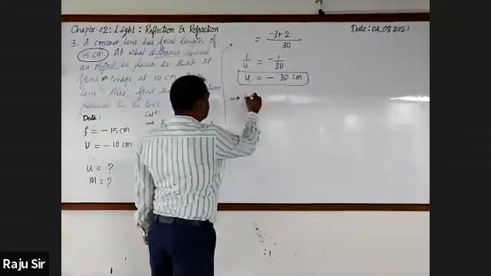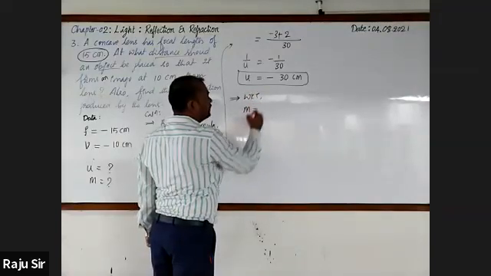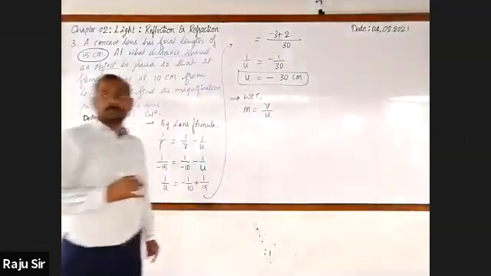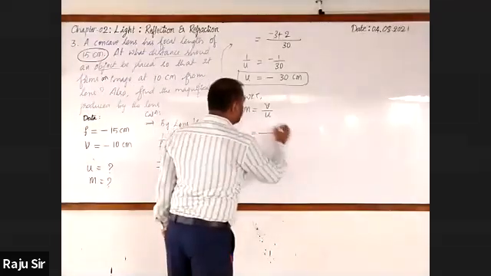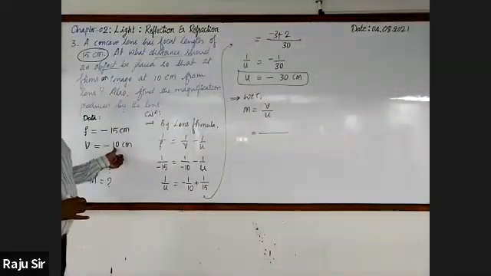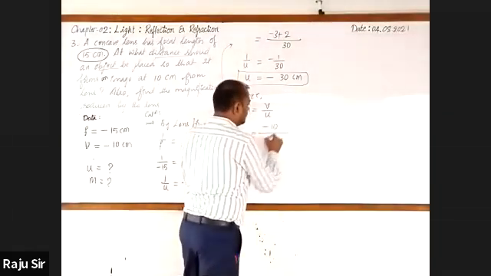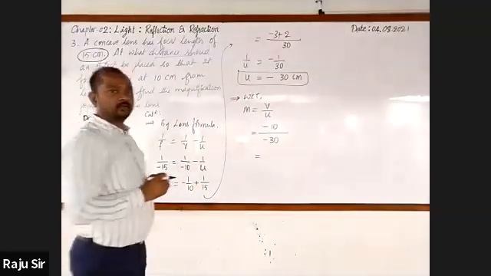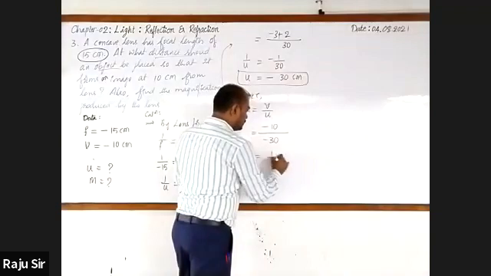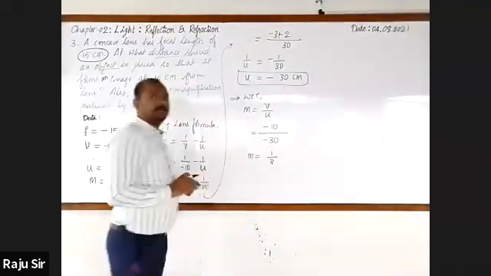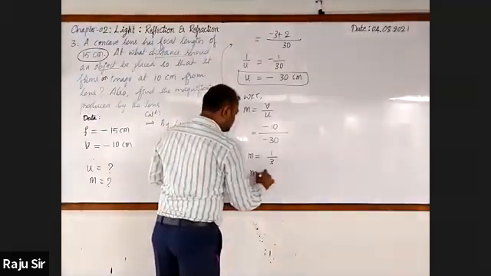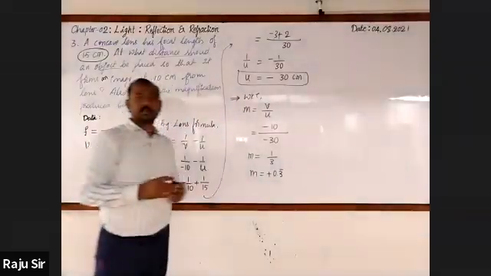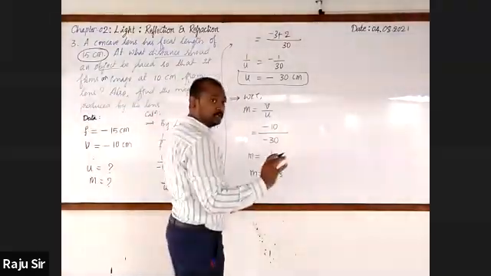By magnification formula, we all know that magnification is minus V by U or plus V by U. Plus V by U, where V is negative 10 and U is minus 30. It is equal to 1 by 3. M is positive 1 by 3, 0.33, 0.3 bar. It is a recurring decimal.